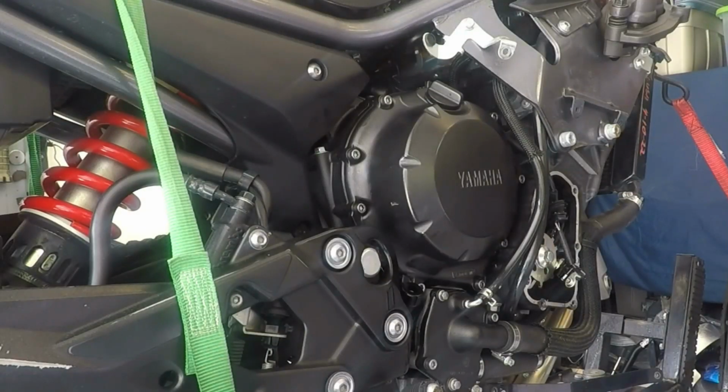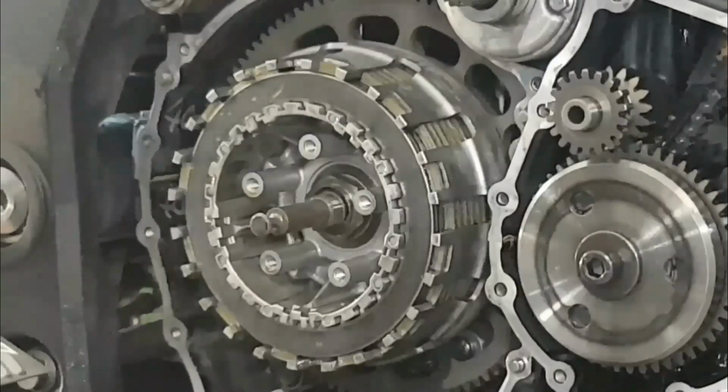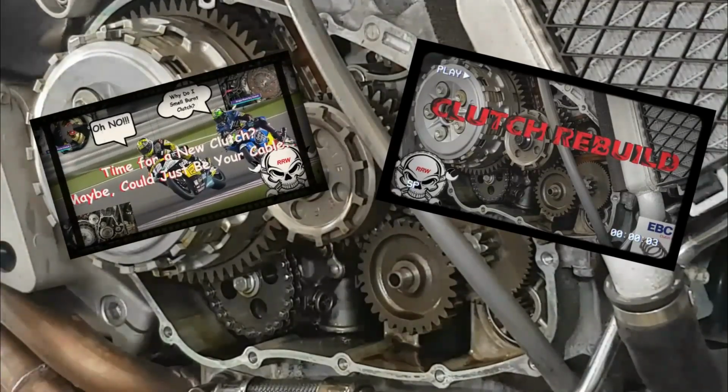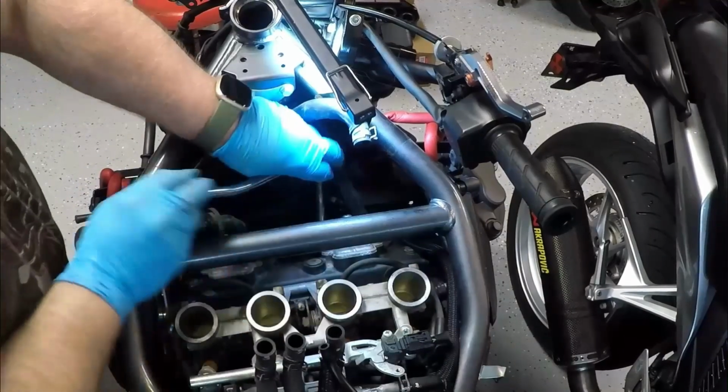If you don't know what a judder spring is, or have questions about your clutch setup, or are looking to replace your own clutch, I have videos on these topics, and you can go there and check out some more details. We replaced the spark plugs in the engine, and it was a fairly straightforward job